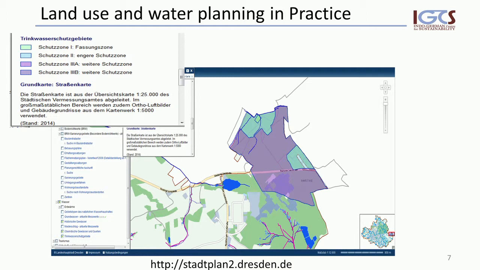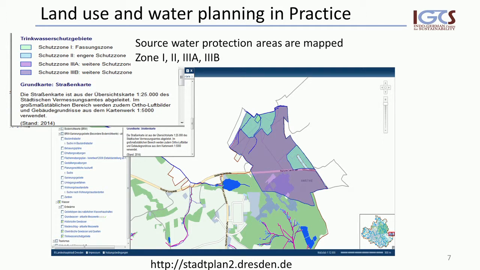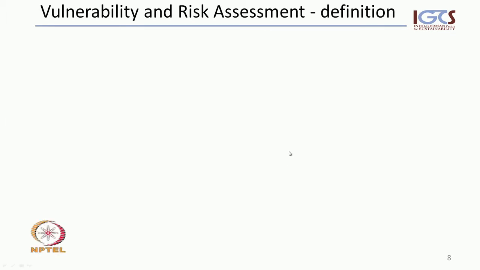for drinking water supplies. Now, just to translate what's going on, source water protection areas are specifically mapped, and there are 3 different types of zoning categories which all appear within the city boundaries in this case to demonstrate this. Now, let's move into the second point of the land planning that I mentioned, which are the vulnerability